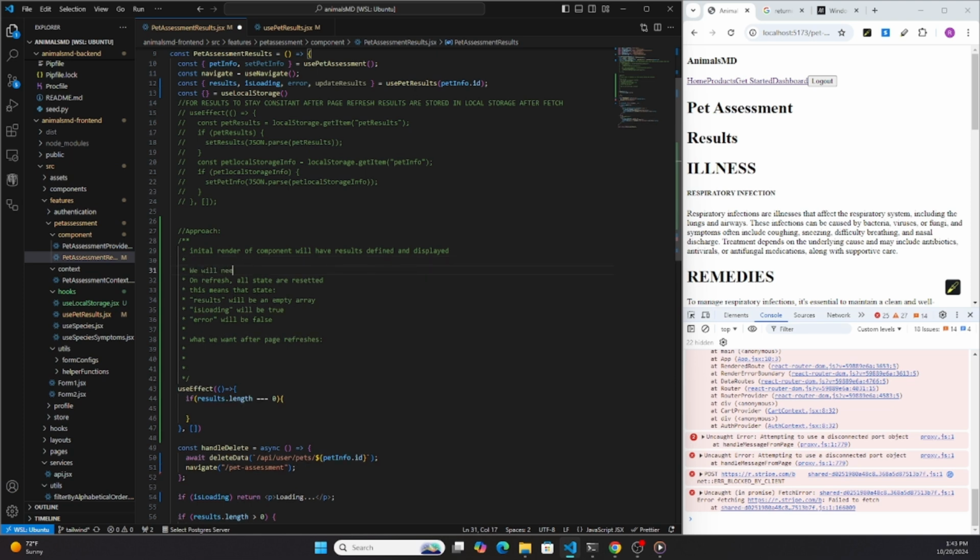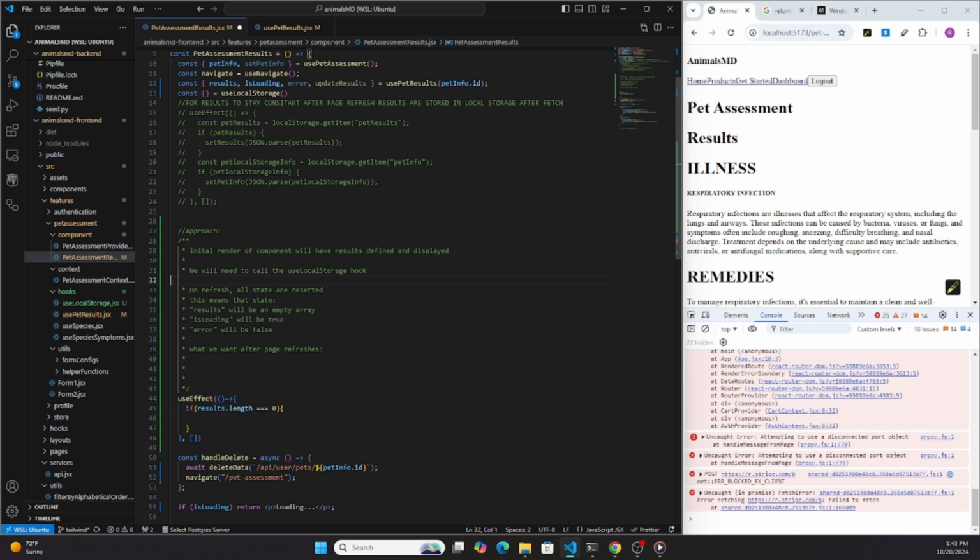We will need to call the use local storage hook. So what we want is to capture the results when it first renders. We want to store those, right? So in the hook,